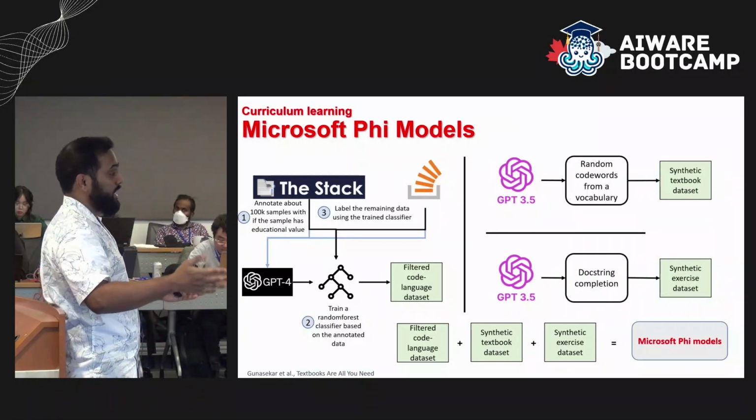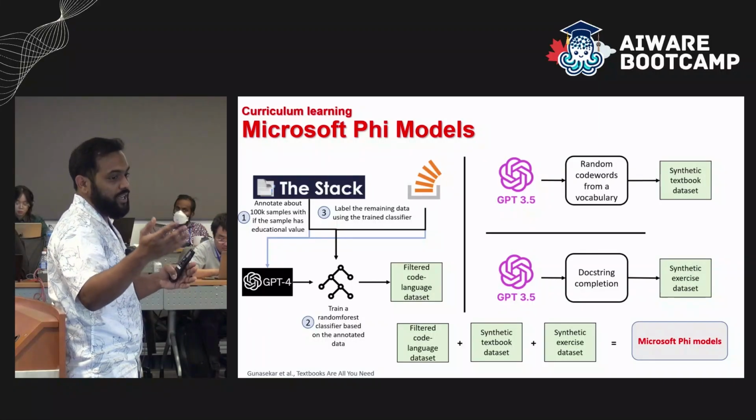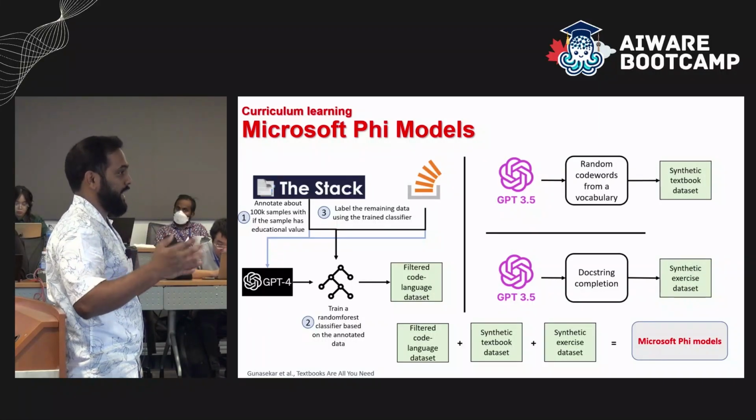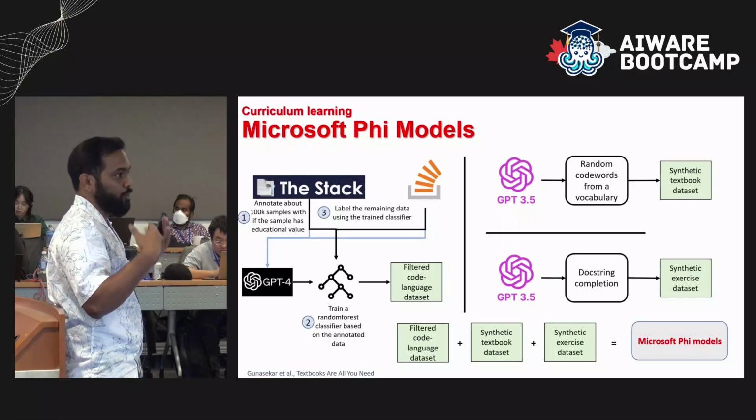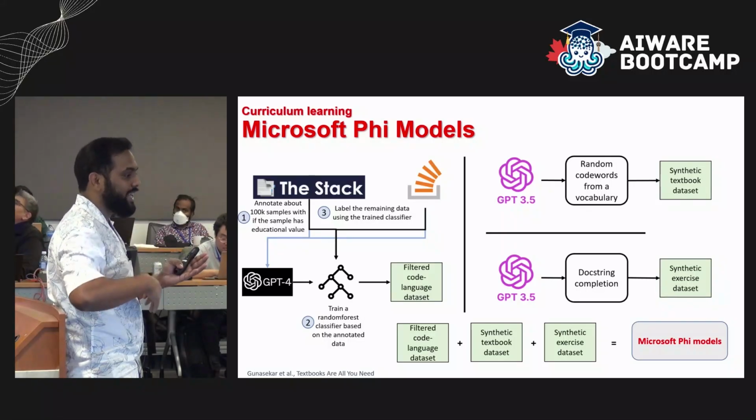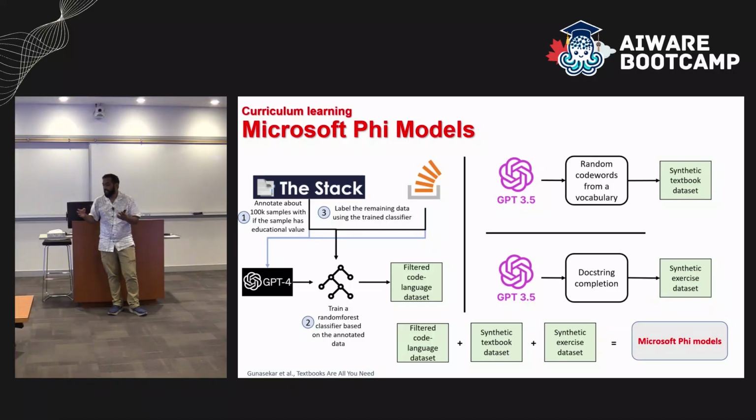So, inspired by this idea, the people who built the Phi models did the same to generate a textbook quality dataset for programming. They also had synthetic programming exercises data that they created, and the task that they used was docstring completion. But both the synthetic textbook dataset and the synthetic exercise dataset are only a small part of it. The major part of the dataset was the filtered code language dataset, and they used these three datasets to train